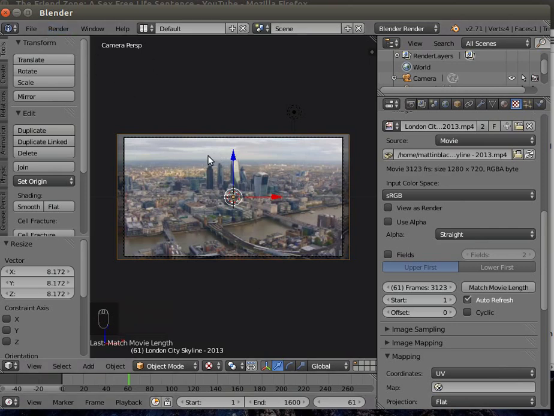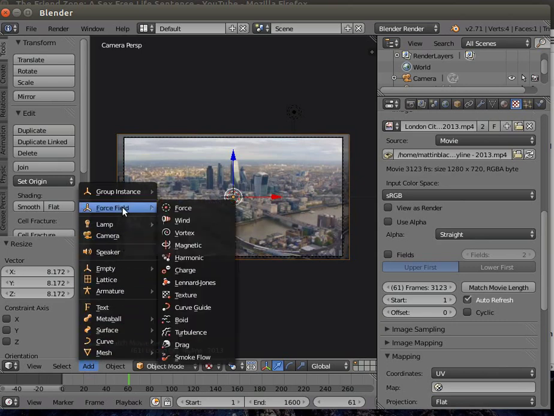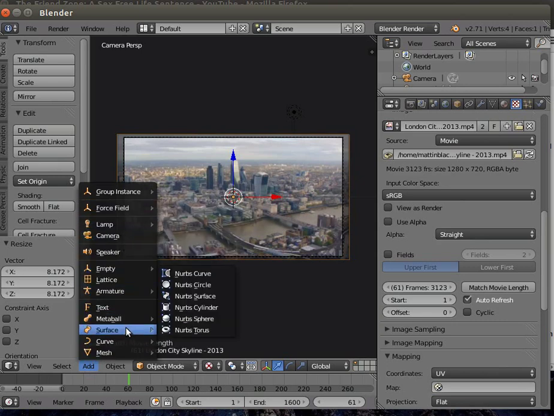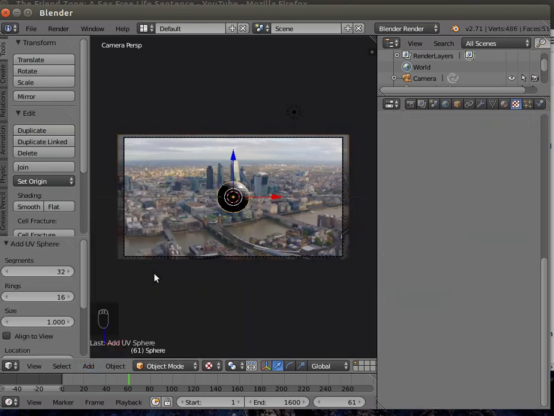So the next thing to do is to add in a UFO, and that can be anything you like. I'm just going to do a very simple one now. So I'm going to add in a reasonably high resolution UV sphere, segments something like 80, rings something like, I don't know, 34 or something,